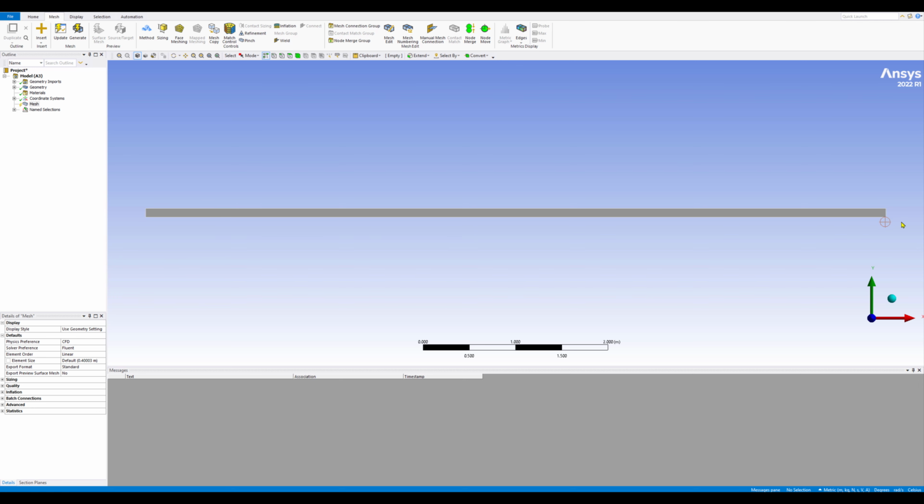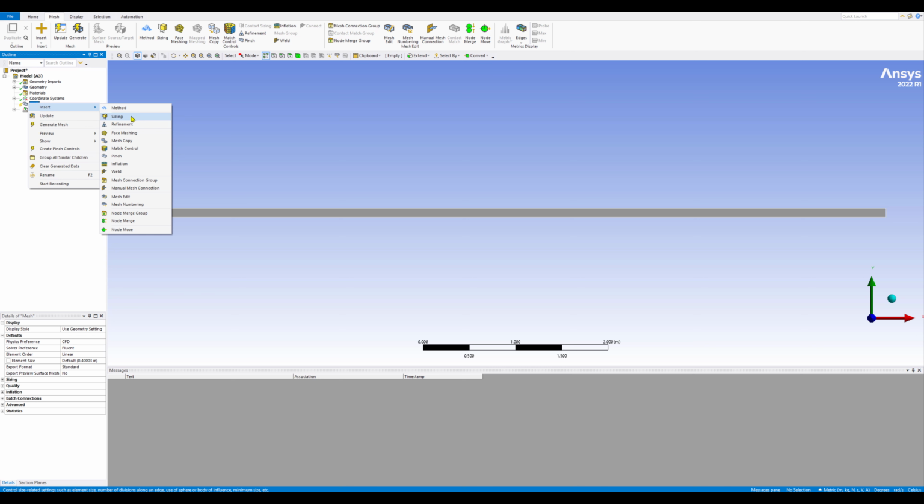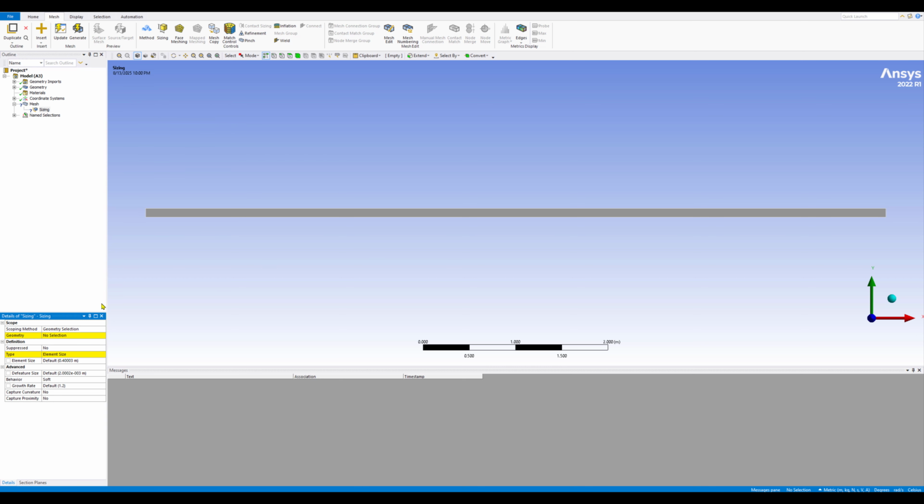So to specify the number of selection, we need to select this mesh, right click on it and insert sizing. So I will select sizing first. We are going to work with geometry selection. So I will click here, and then I will select this vertical line first, inlet, and then hold the control key and select this outlet together, press apply, and we'll change this default setting, interval size, to number